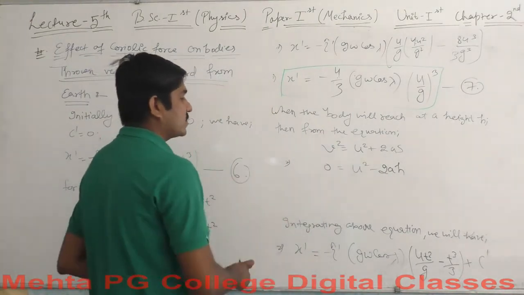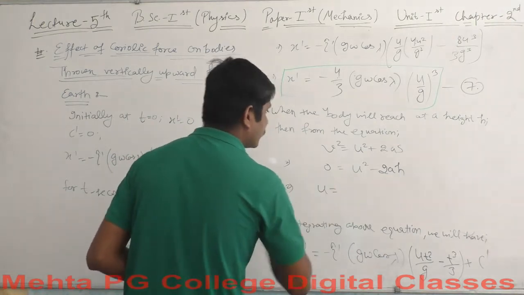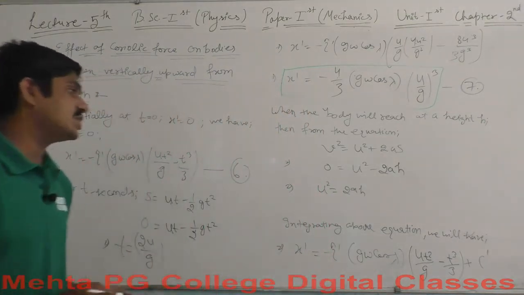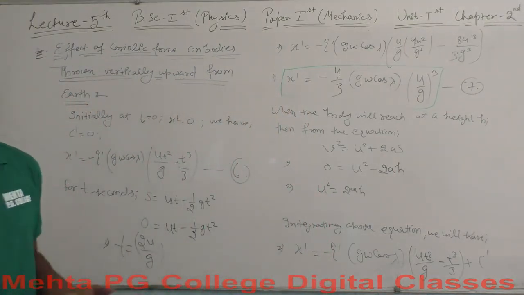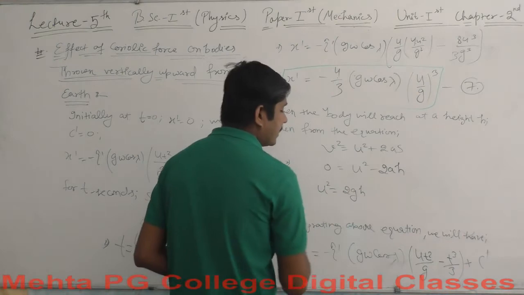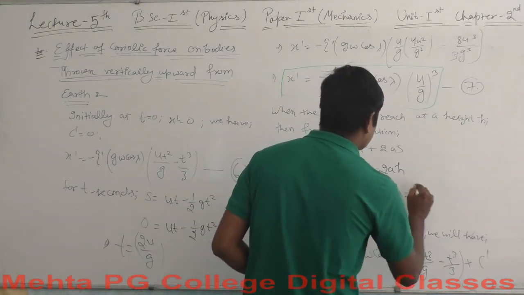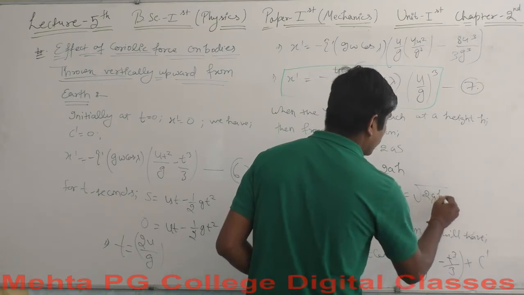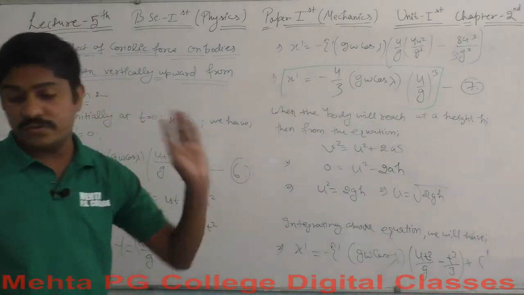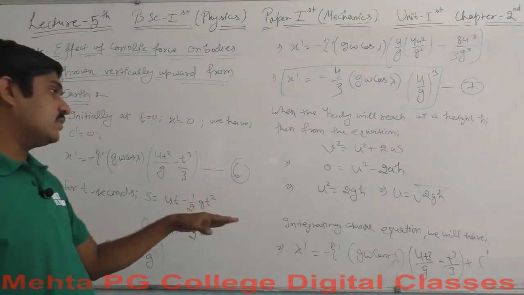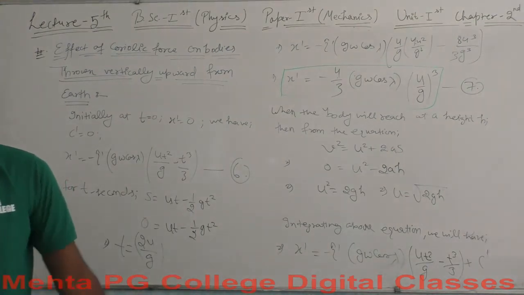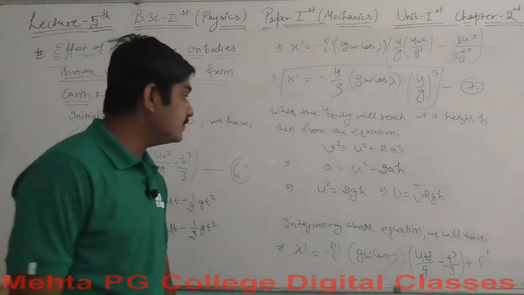Okay, so this is u square minus 2ah, and u square now will be equal to 2ah, where a is the acceleration, h is the height here, and the acceleration is due to gravity. So simply a can be replaced by g here, and your u will be equal to the under root 2gh. Now you can use the value of u in equation 7, and substituting the value from this equation, equation 7 will become